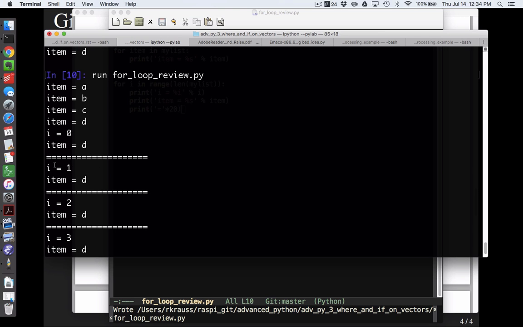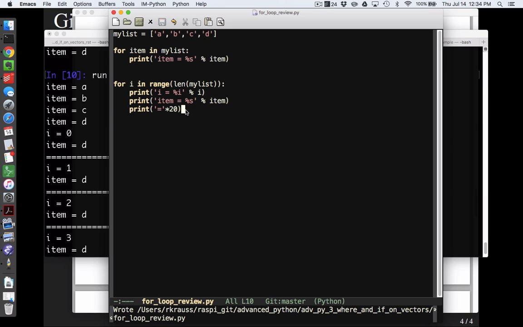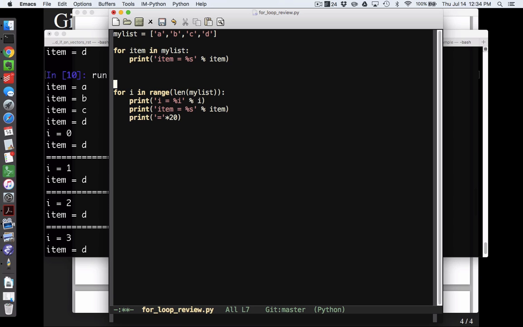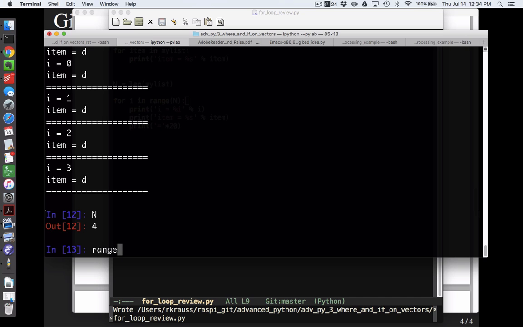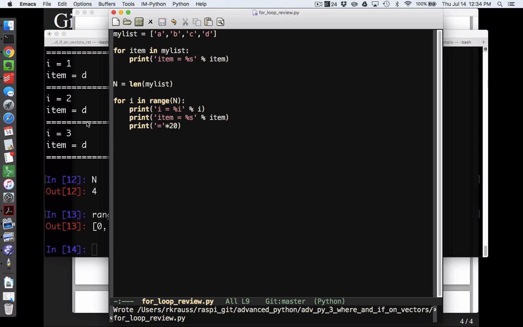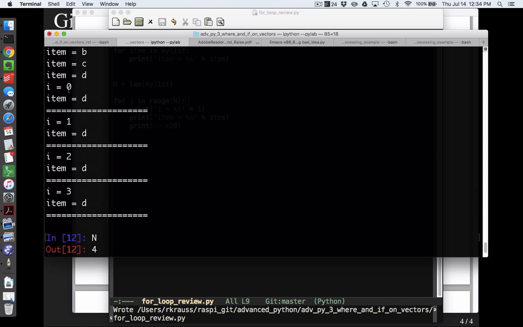And then instead, the second time through, I specifically ask for I in the range of the length of the list. And so N would be the length of the list. If I defined an N, if it was cleaner, I could do that. Maybe this looks better. So that would run in exactly the same way. And we would see that N is that, and the range of N is 0, 1, 2, and 3. And so each time through, I'm now printing I, and then I am,